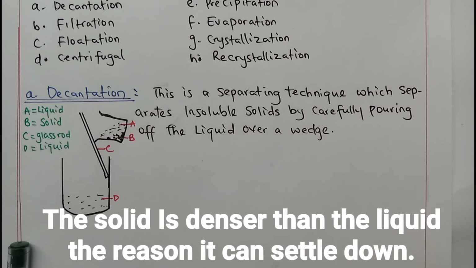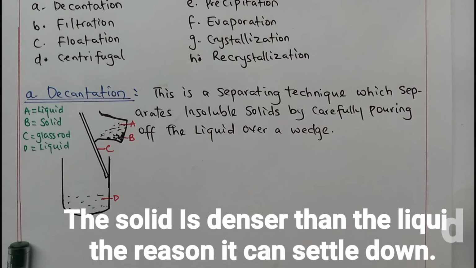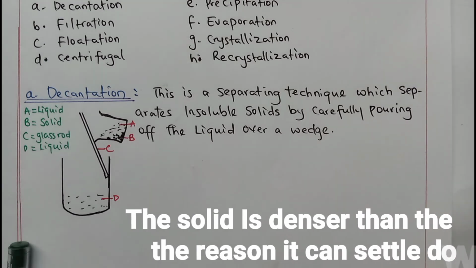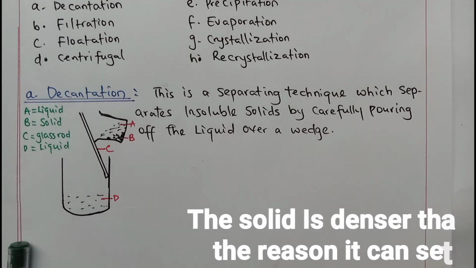An example is mostly used by our parents in preparation of beans. Some people use that locally. Therefore, it's not that important as a separation technique, but we still make use of it. Filtration is a quicker way of separating